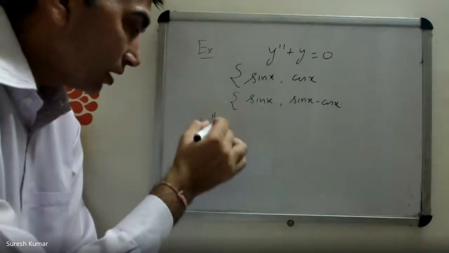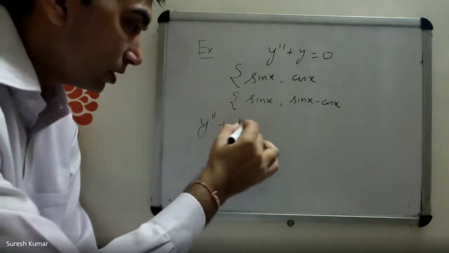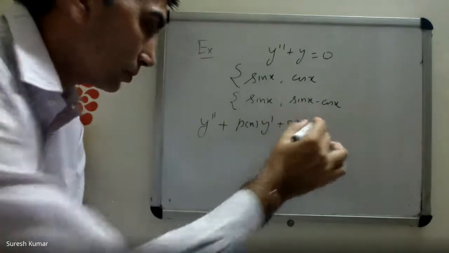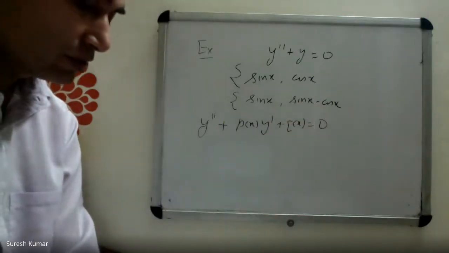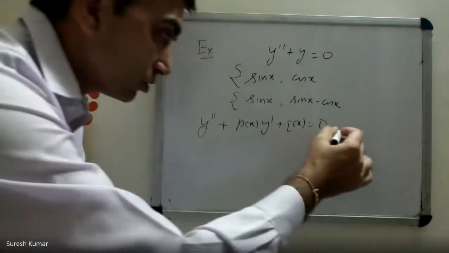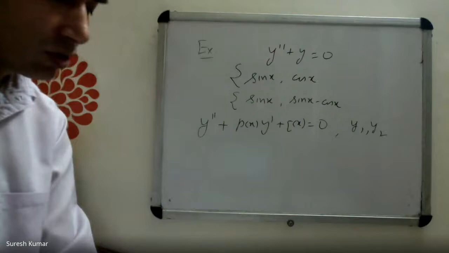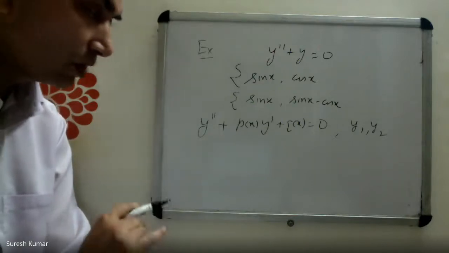In this regard, we have a result. This is the given differential equation, and if two solutions are known, say y1, y2, any two independent solutions are known,